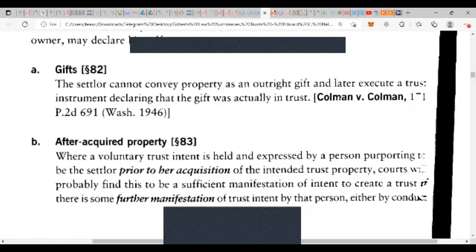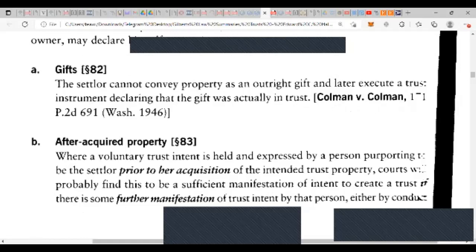The settler cannot convey property as an outright gift and later execute a trust instrument declaring that the gift was actually in trust. Coleman versus Coleman,